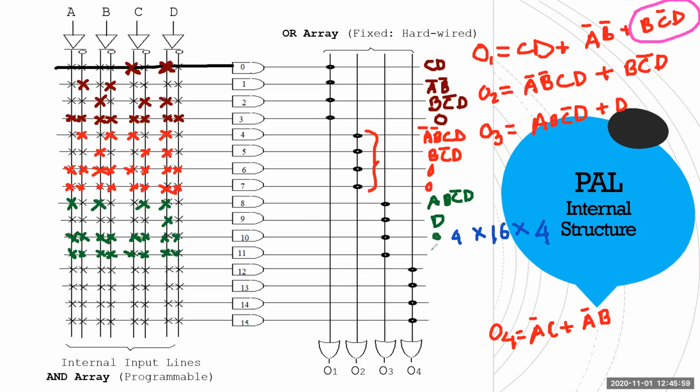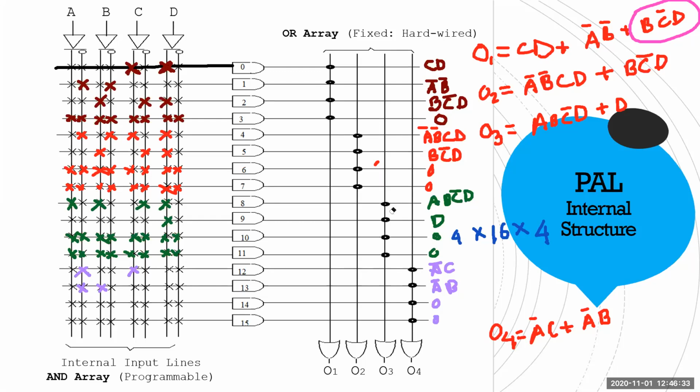Okay, they are all 0 and 0. Next one is what? A bar C, A bar B. Let's take a new color. A bar C. And A bar B. Next are 0, 0. You understand, right? All of them will be connected. So this is your design right now. The only thing you have to understand.